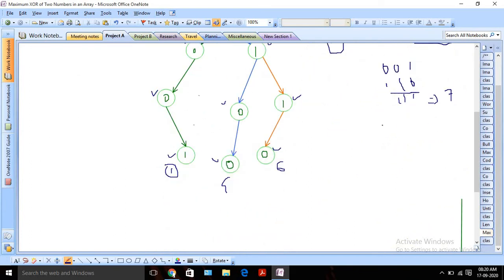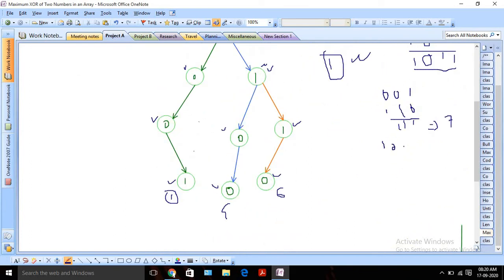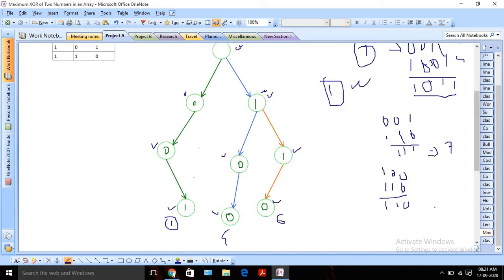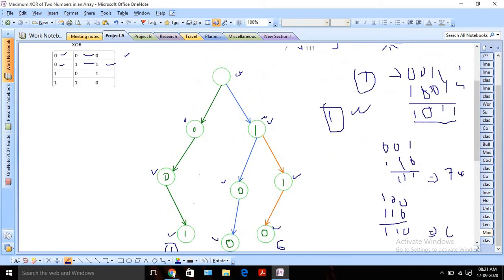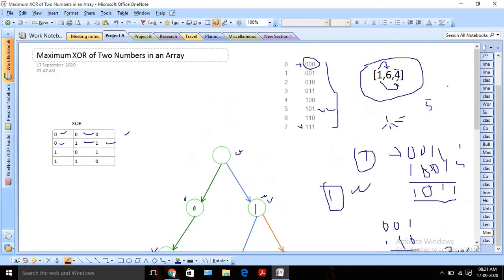So 4 means 100, and 6 means 110. In this case it would be 010, so that will be 6 only. So out of these 5, 6 and 7, 7 is the largest one and we need to return 7. So in this case our actual answer should be 7.